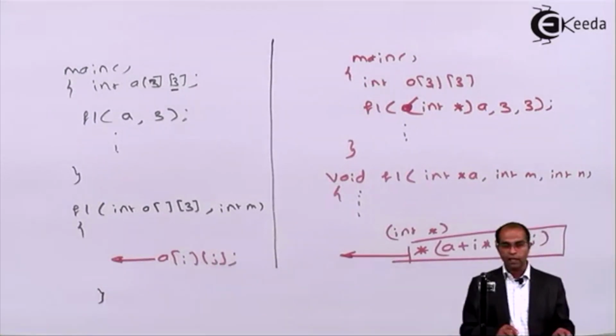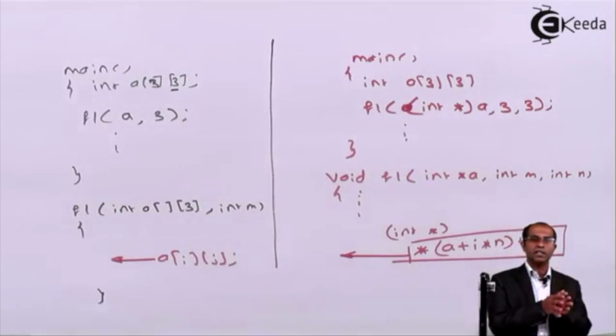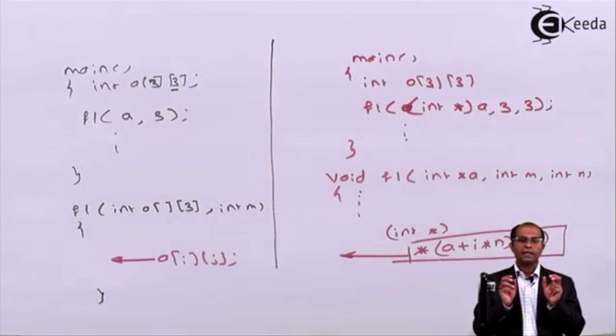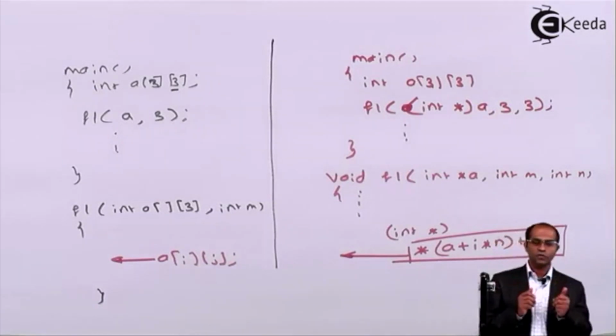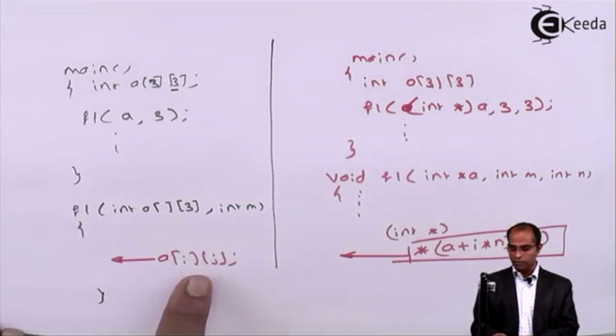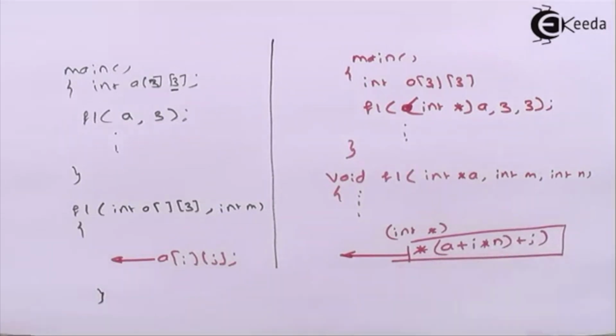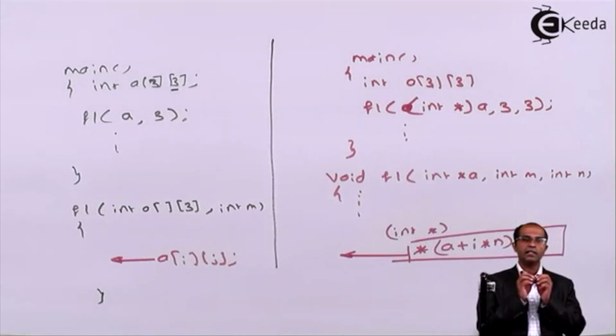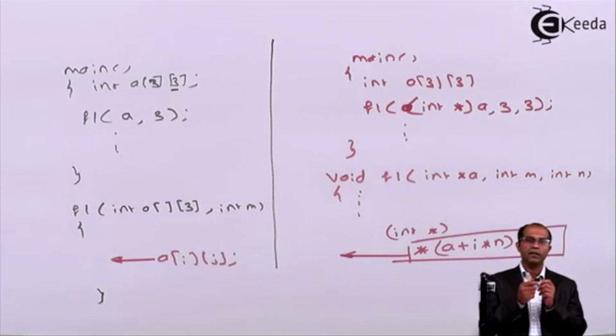So you can pass an array in two ways. Either you can pass it as an array and collect it as an array, or you can pass an array as a pointer and create a pointer for that. In both methods, the accessing mechanism differs. In the first method, we use the array conventions, and in the second method, we use this particular convention. Why this convention? Because this a is not treated as an array, it is treated as a pointer at this place. Multiplied by n will always make the base address move by multiple locations.